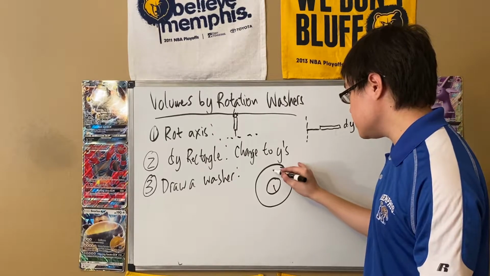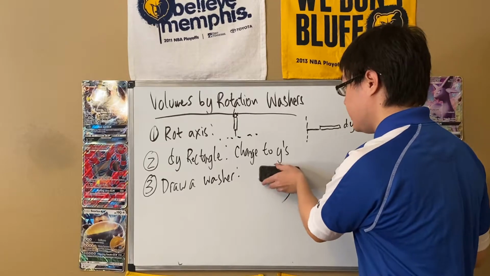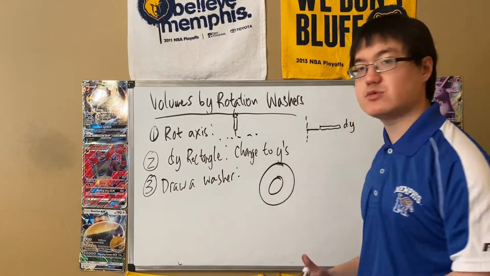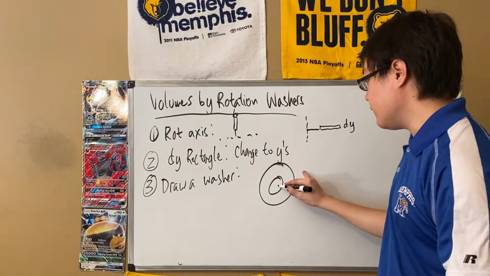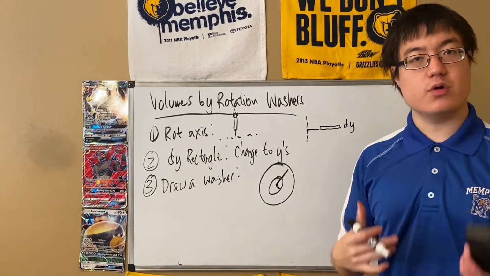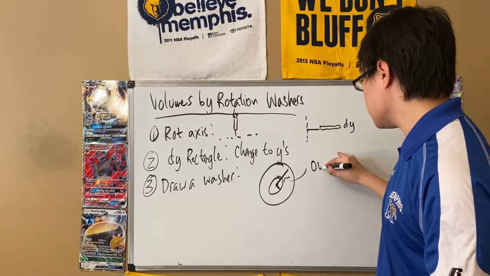Unfortunately, the area of this washer, so we're trying to find this area right here, is going to involve 2 circles. So we're going to find the area of the outer circle and subtract the area of the inner circle. And to find the area of both of these circles, we need to find the radius of both of the circles. So the outer circle